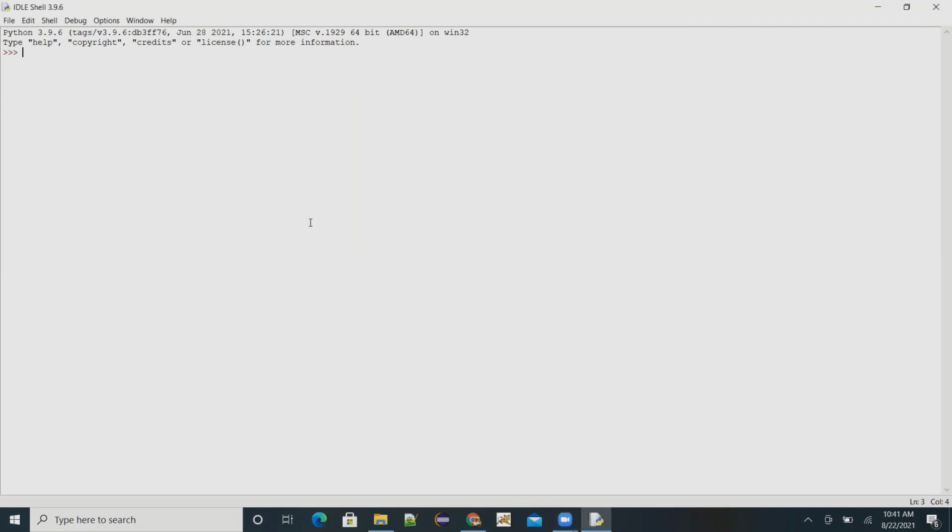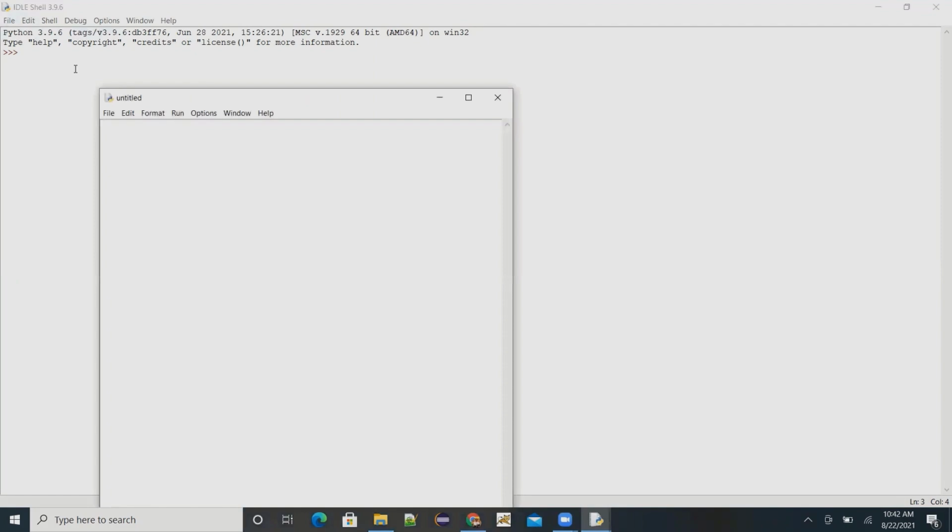One more thing I want to show, because without creating a file, if I keep writing here, it will execute each and every line. So I cannot execute 3-4 lines of code at a time. To do that, I have to create a file, write all those codes inside the file, and execute the file at a time. So let's try to do that. Let's create a new file